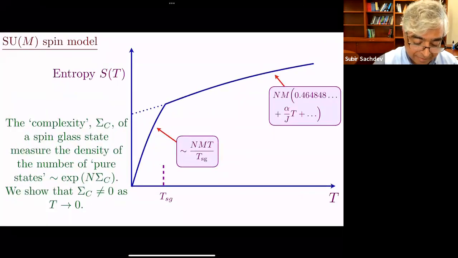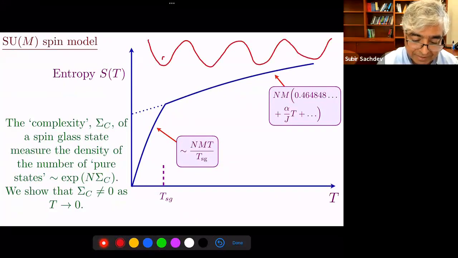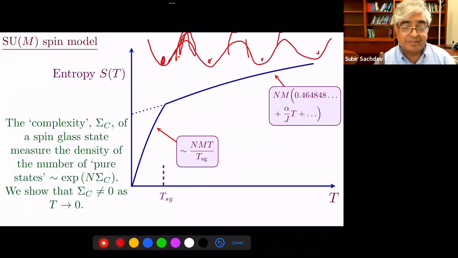Okay, let me draw it again. In the spin glass, you have some phase space here, and you're sitting here in the spin glass state. What happens in the spin glass state is this barrier becomes exponentially large, becomes really huge. So you never go, you pick one and you sit there, even in a given set of Jij.